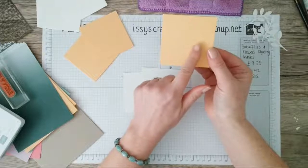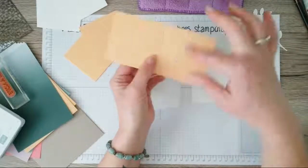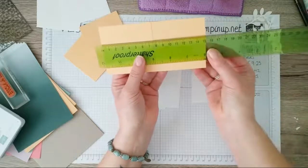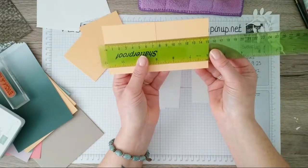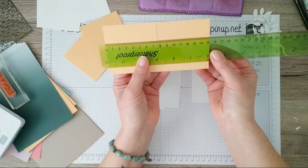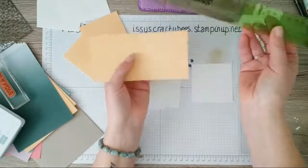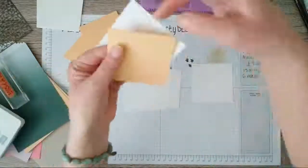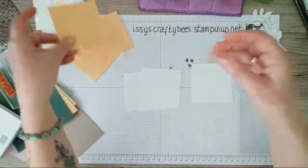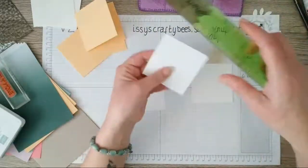So I've used pale papaya cardstock, and I've cut 3 pieces 6 inches by 3 inches, and I've scored at 3 inches, and that in centimetres is 15.2 or thereabouts, and I've scored at something like 7.6 and 7.5 wide, 7.5 centimetres wide, and they just fit beautifully in these 3 inch by 3 inch envelopes. Like I said, the envelopes are in the main annual catalogue, and I've then cut 3 pieces of basic white